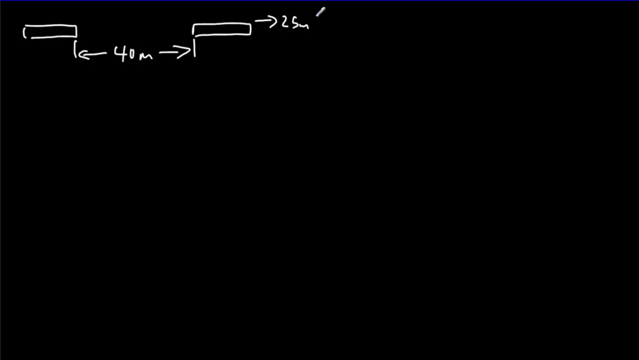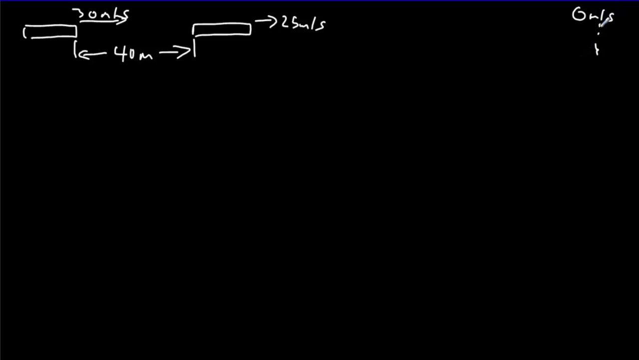So let's start with our diagram. There's car 1, there's car 2, and we know there's 40 meters of distance between them. Front car is traveling a little slower at 25 meters per second. Back car traveling a little faster at 30 meters per second. And we know that first car is going to come to a stop over here somewhere